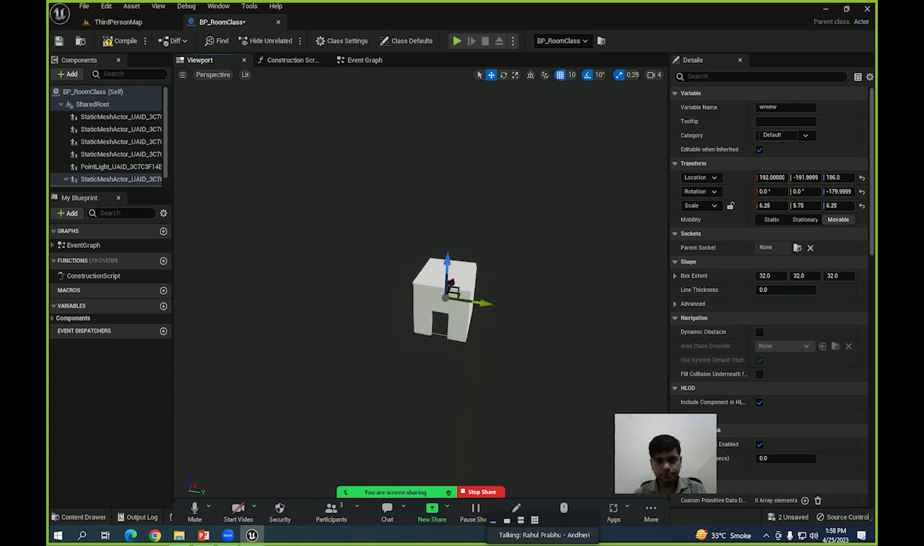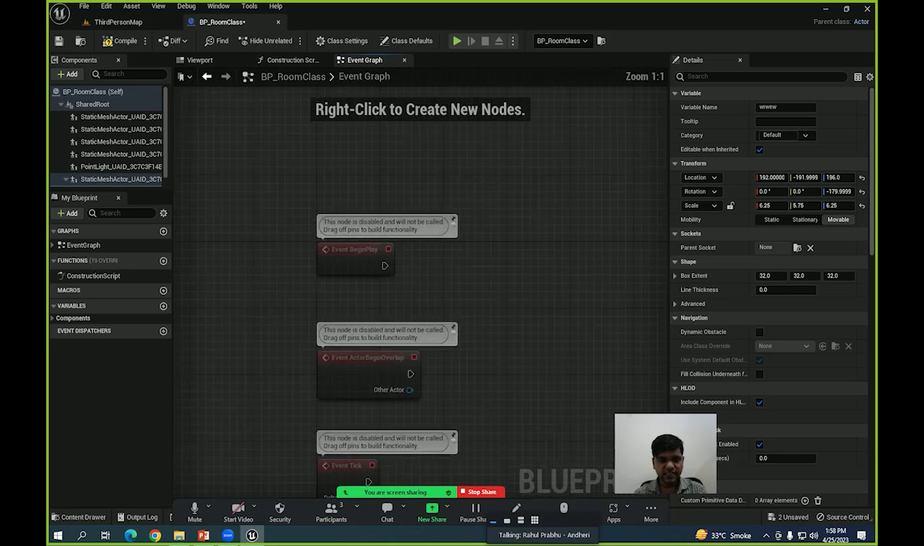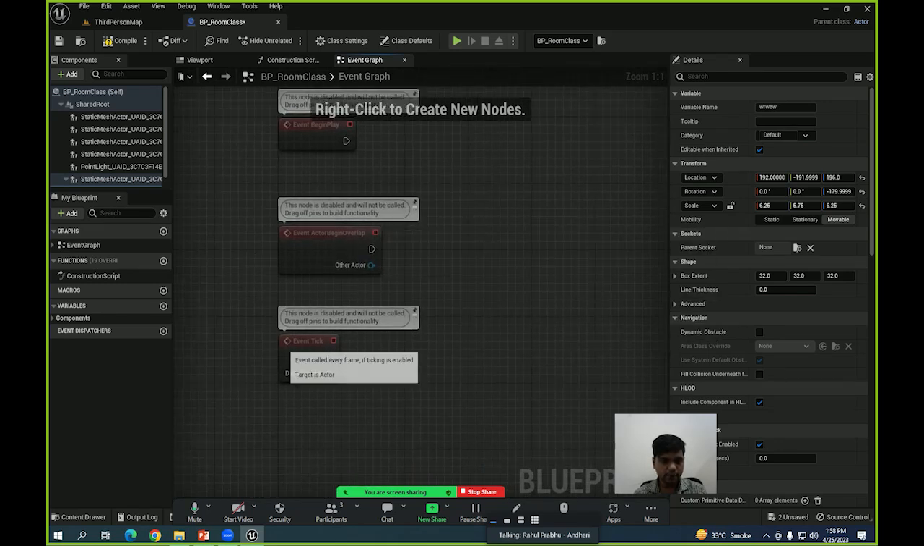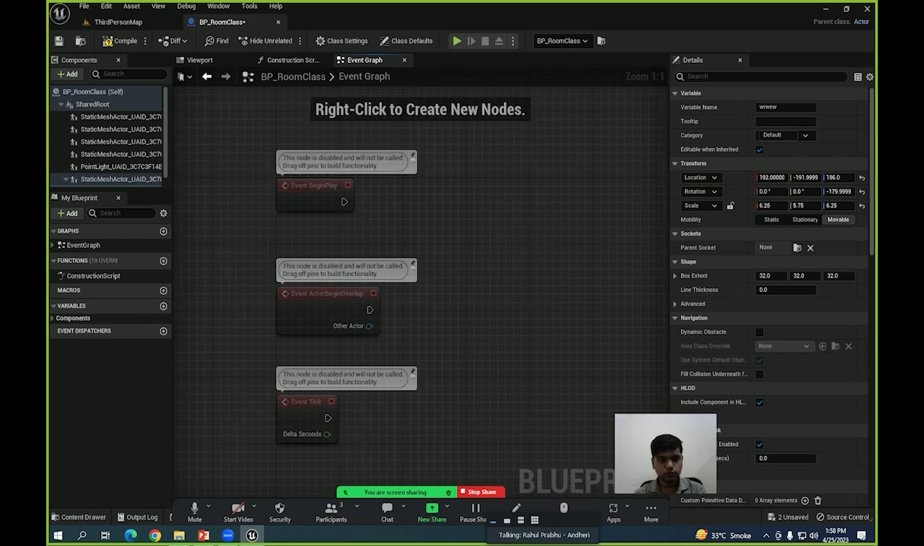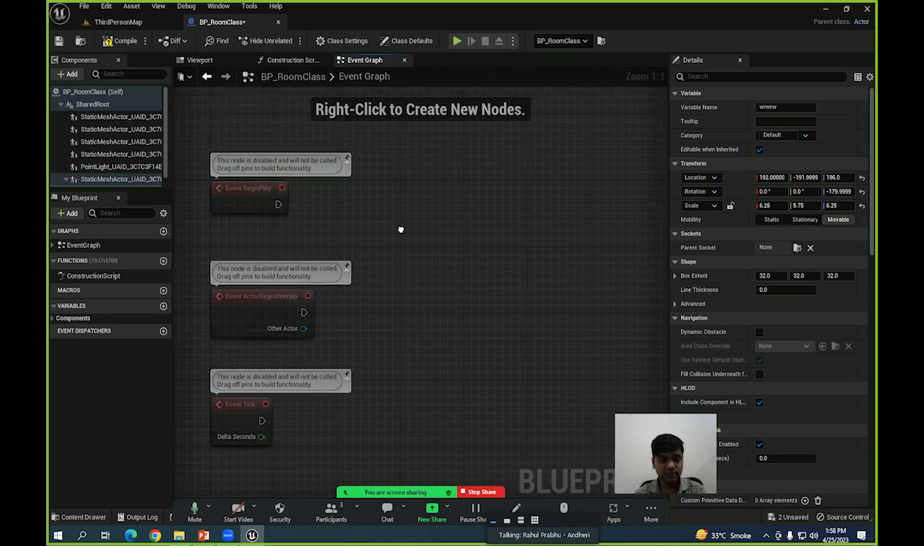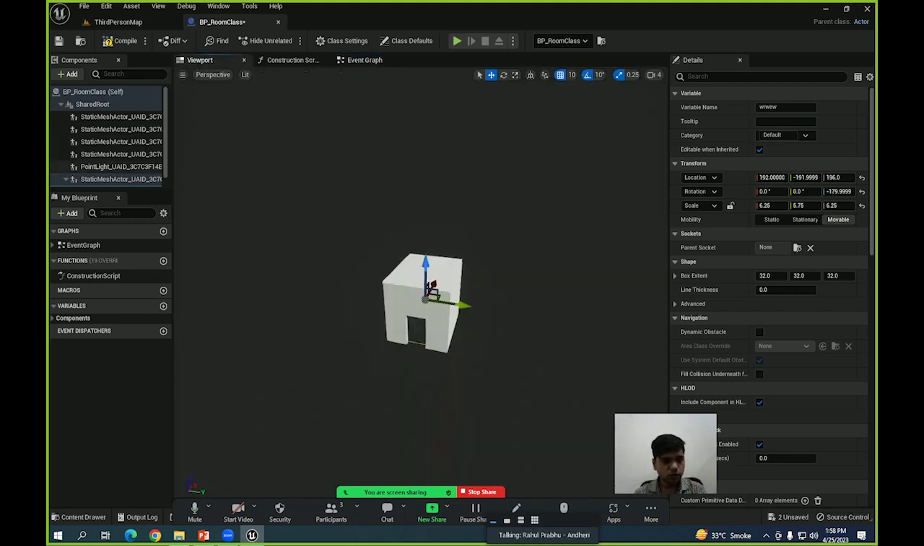All right. Now let's generate the logic in the event graph. It's written here what Event Begin Play does and what Actor Begin Overlap does, etc. What I want here is again the same thing, toggling the light visibility. So going back to the viewport,